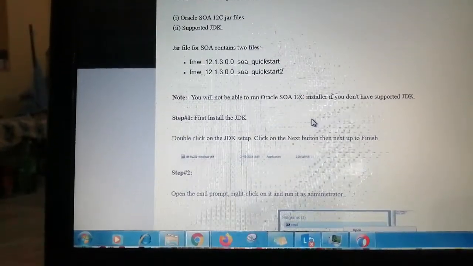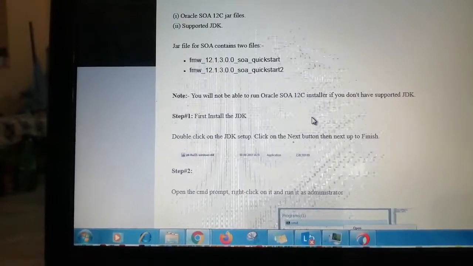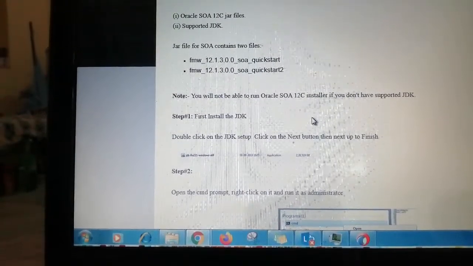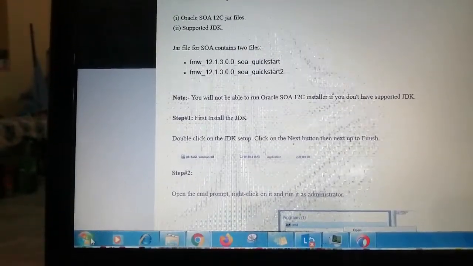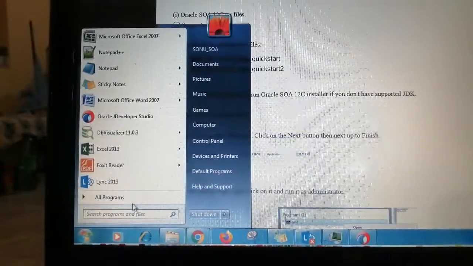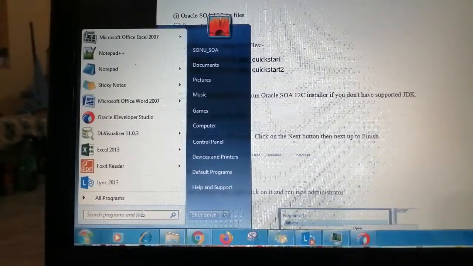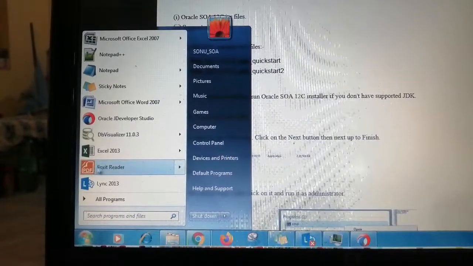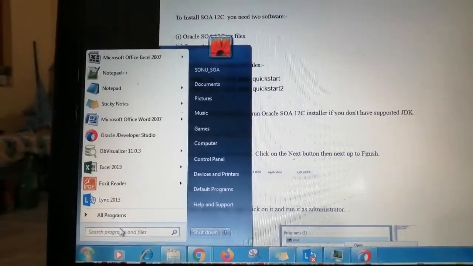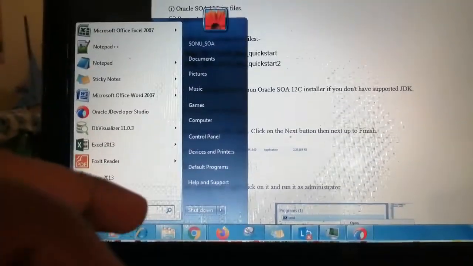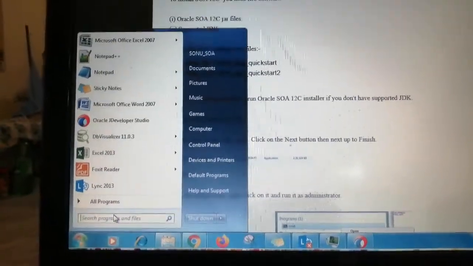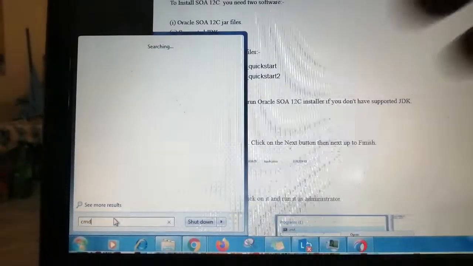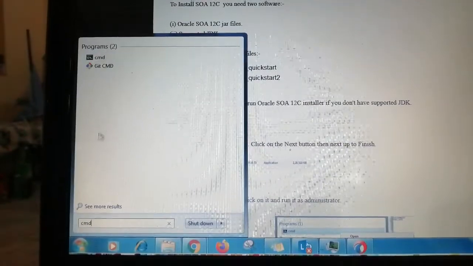First go to the Windows button in your system, and after that type CMD.